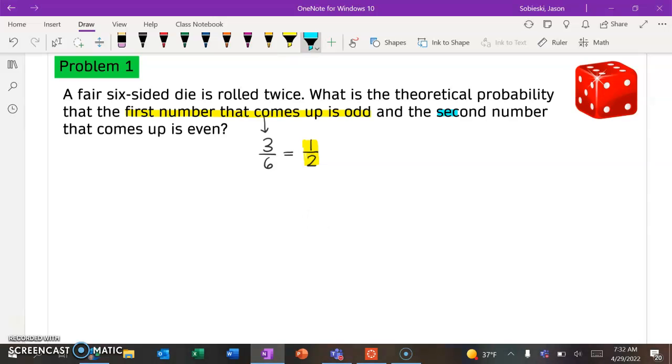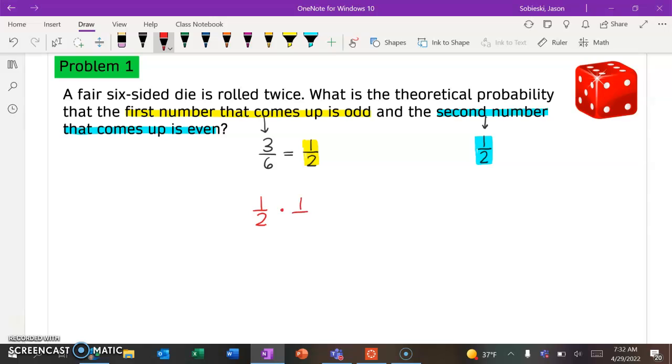And then second, what is the probability that our next roll comes up as an even number? Well, it's very similar, right? Even numbers are also 1/2 of the die. So we're going to use those two. And the only step that we need to do in order to get our final answer, the probability that both of those events happen, first one being odd and second one being even, we just take the two separate probabilities and we're going to multiply them. So if we take 1/2